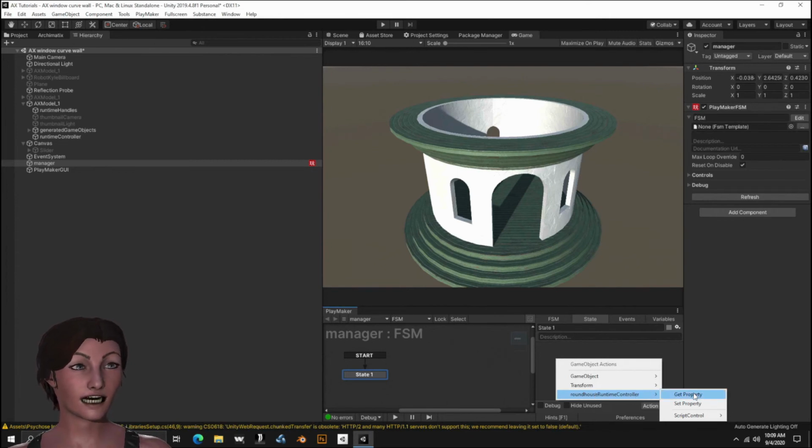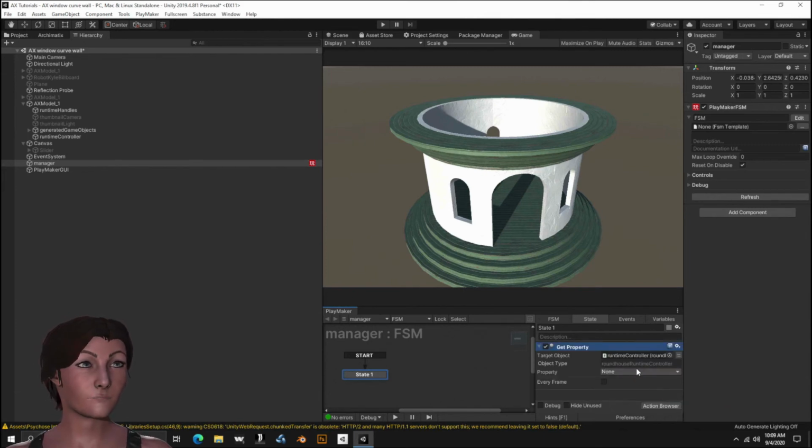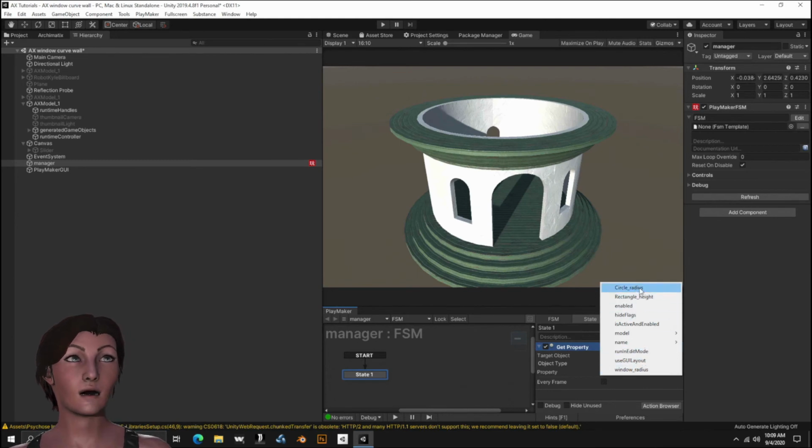If I use, let's just say, get property, here are my parameters. There are a few other things here too, but you can easily find where our parameters are, and they are listed alphabetically here: rectangle height, circle radius, window radius. If these names are not the names that I want,